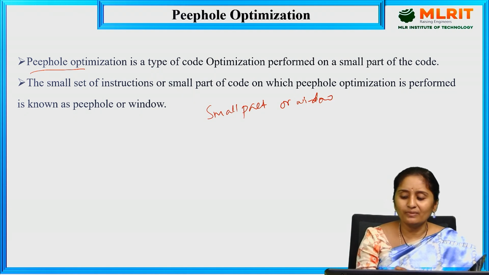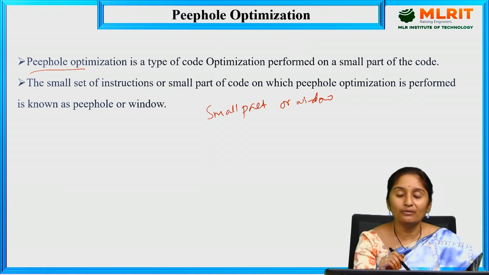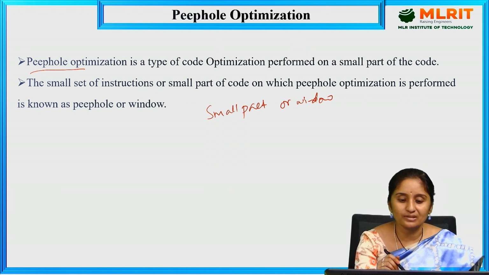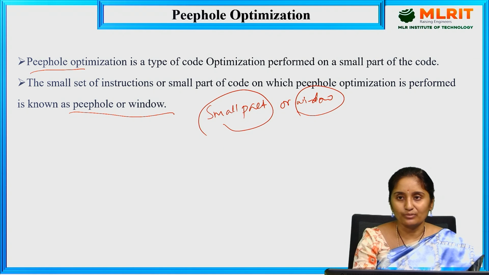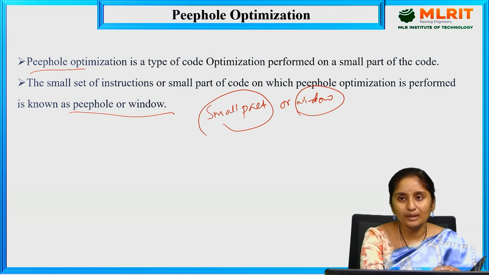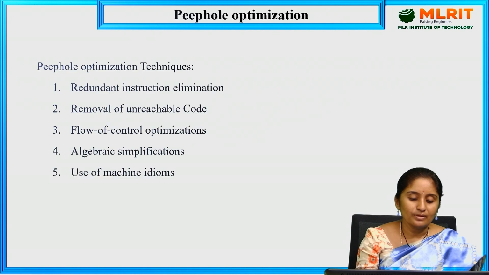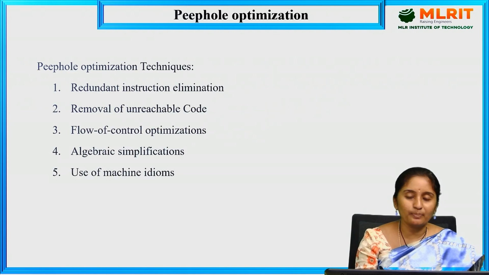It is applied on the program, on a set of instructions, to improve the performance of the program or to save memory. If there is any chance to replace the instructions, the small part of instructions is going to be modified. We call the peephole a window. The next thing is it is machine dependent.